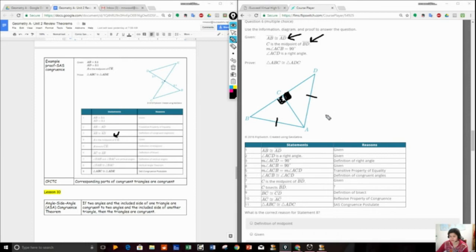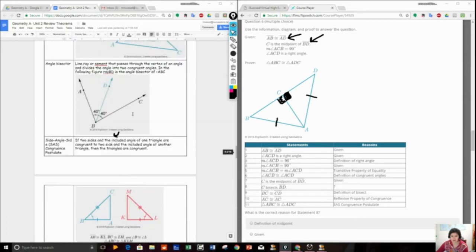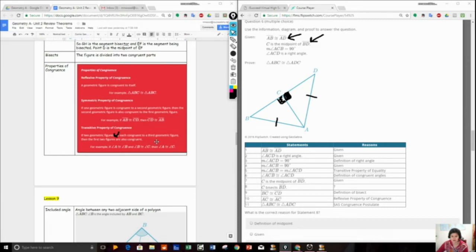So they would have set it up as, what's the linking point? This is how I think of the transitive property. What's my linking point? So we have ACD is equal to 90 degrees,